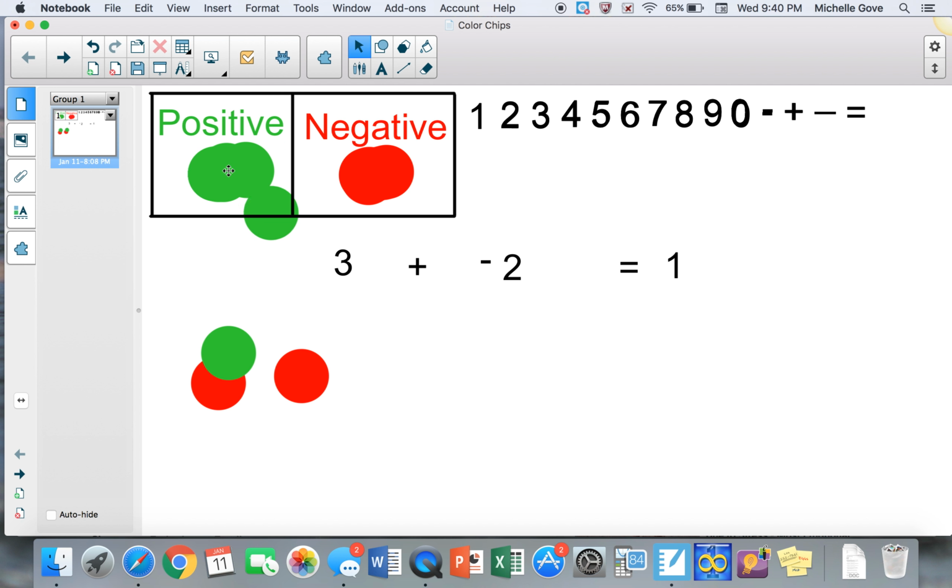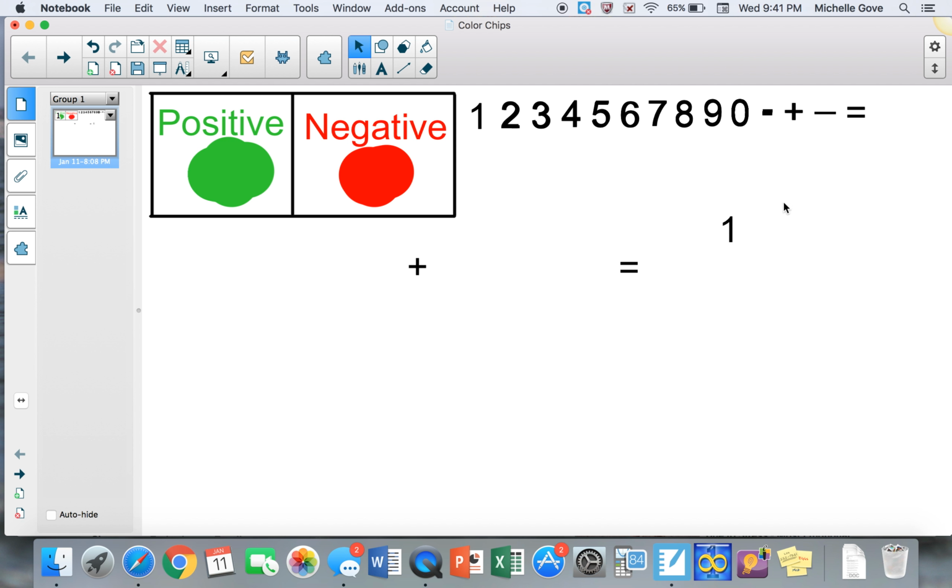Now we could use this with larger numbers as well. If we think about kids, you have $12 and you make $17, and we could put our chips together and see that. Alright, let's try another one. Another one we could try, we could do